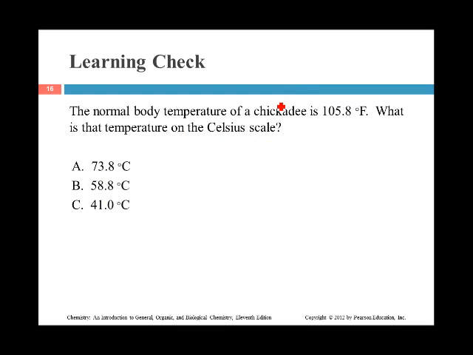Now let's reverse the order. Now we're going to have a normal body temperature of a chickadee, which is 105.8 degrees Fahrenheit. We're going to go in the reverse order. What is it on the Celsius scale? So 105.8 is equal to 1.8 times the temperature in degrees Celsius plus 32. Rather than multiplying first this time, we're going to subtract first. So go ahead and put that in your calculator. And it comes out to be